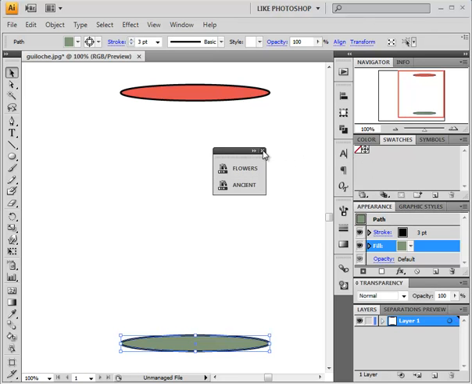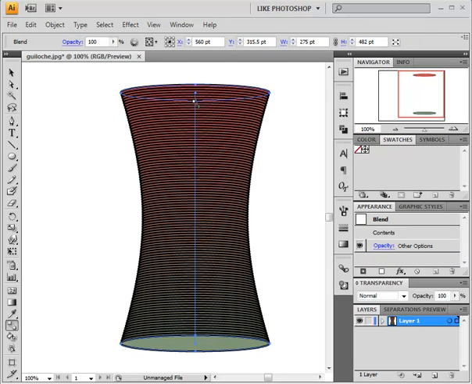Close that, close that. Okay, so shape blend. Right here under the eyedropper is your shape blend tool. So you click on the first one you're going to do. I'm going to click on the outer edge, not the center, and watch this cool effect. It blends one to the other,